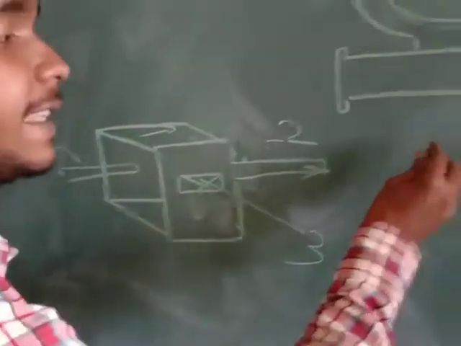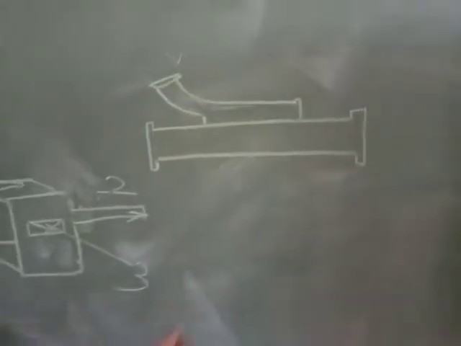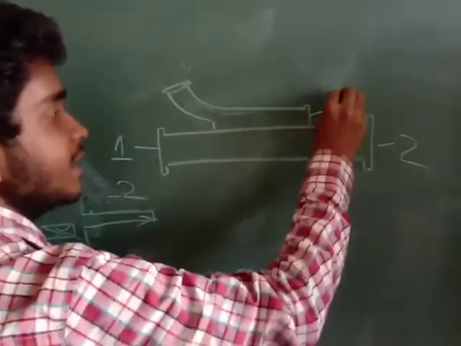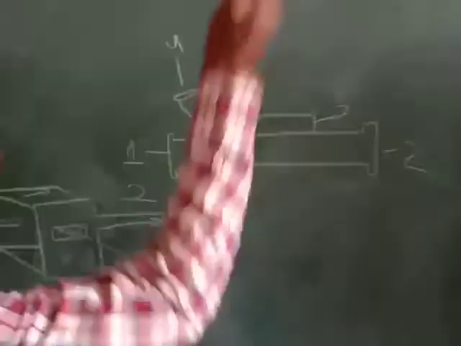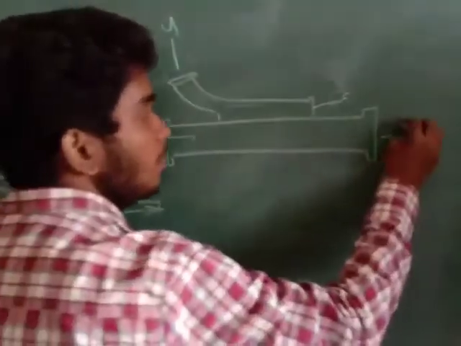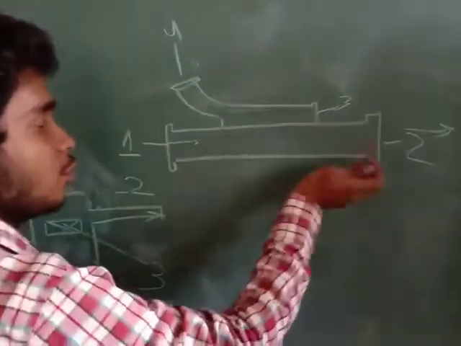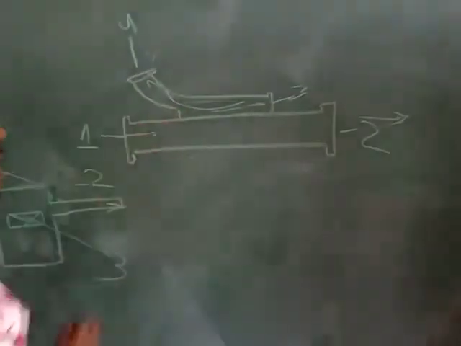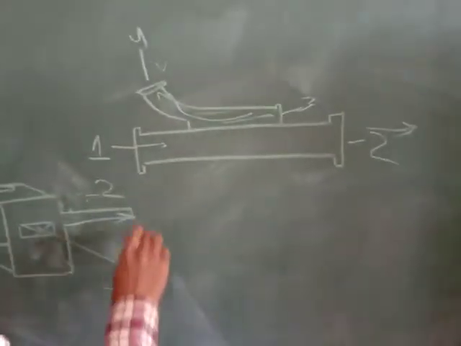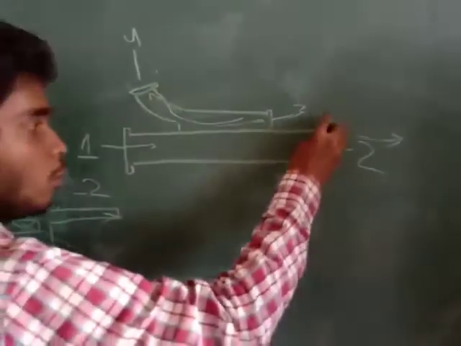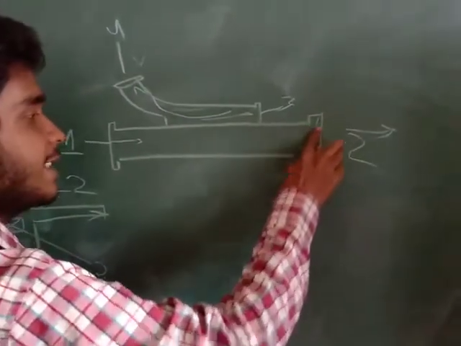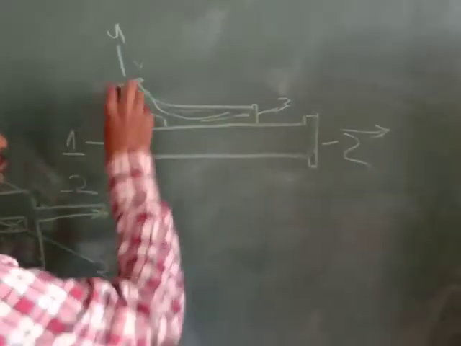Now this is the directional coupler. Here 4 ports are given. One port is this, the second, the third, and the fourth port. To measure the forward signal, we give the input here and measure the output here. Suppose some signal is reflected back, it is reflected back to this. Suppose we want to measure at this point, so we close this point and measure between 1 and 2. Suppose we want to measure 1 and 2, so we close these parts.